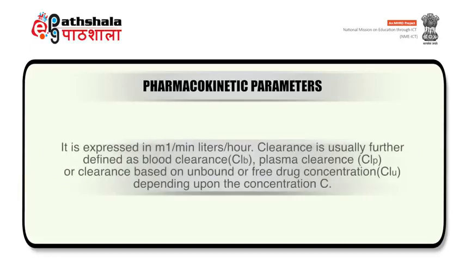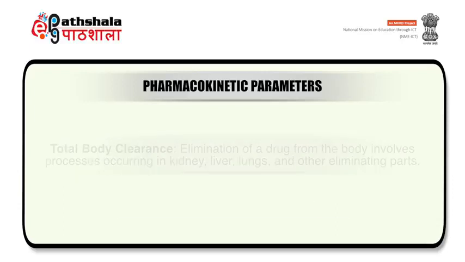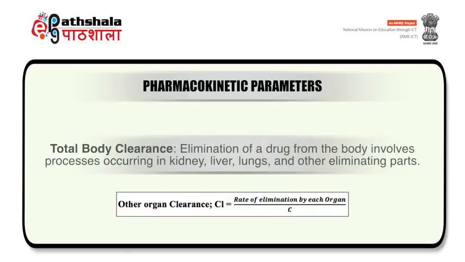It is expressed in ml per minute or liters per hour, and clearance may further be distinguished as blood clearance, clearance from plasma, or clearance based on unbound or free drug concentration. Coming to total body clearance, elimination of a drug from the body occurs in different eliminating organs like kidney, liver, lungs, and other organs. Organ clearance is a clearance at an individual organ level, which can be calculated by dividing the rate of drug elimination by each organ with the concentration of drug